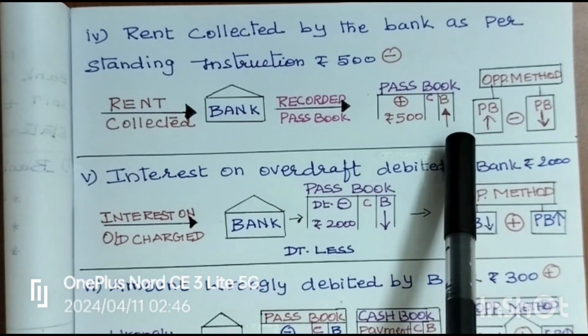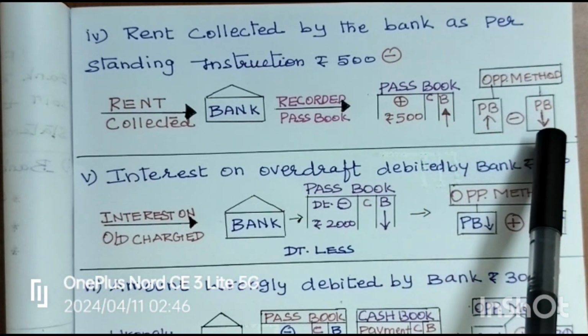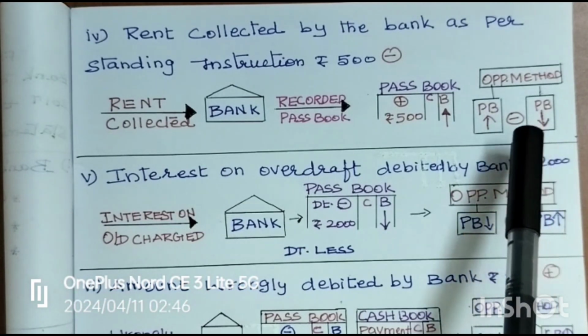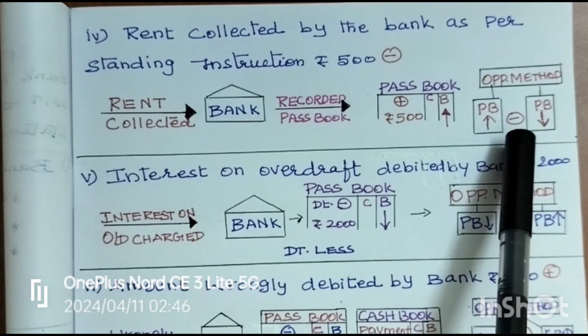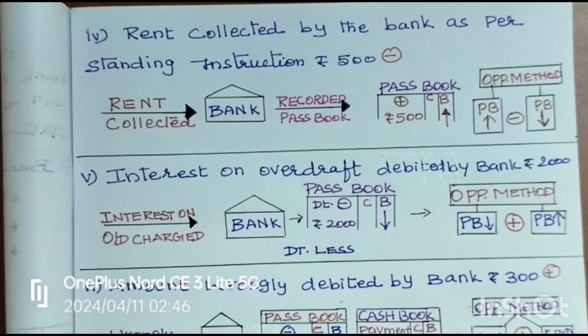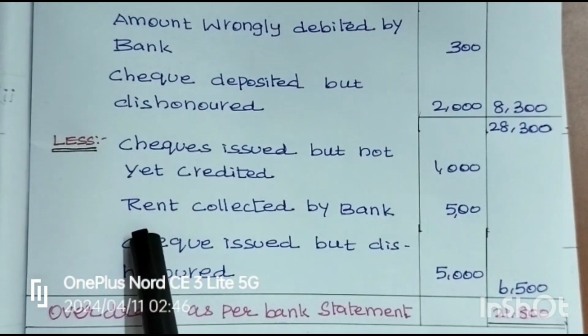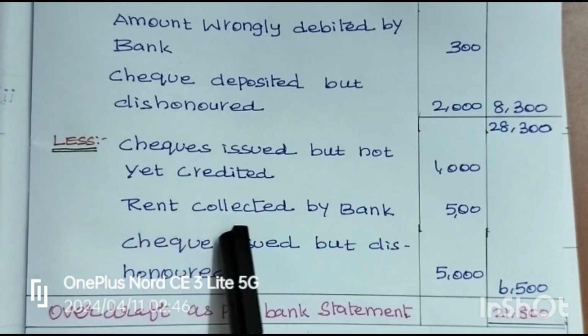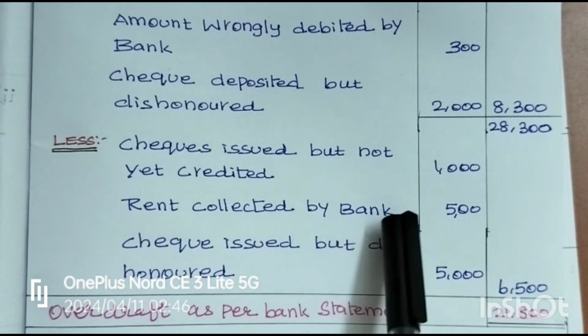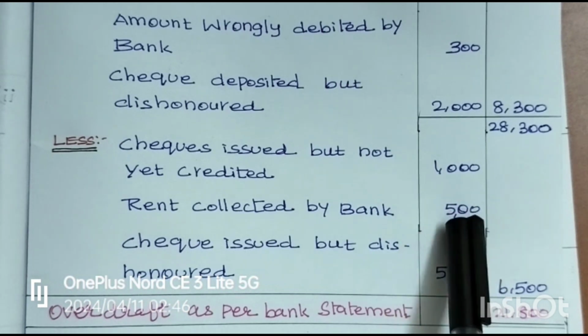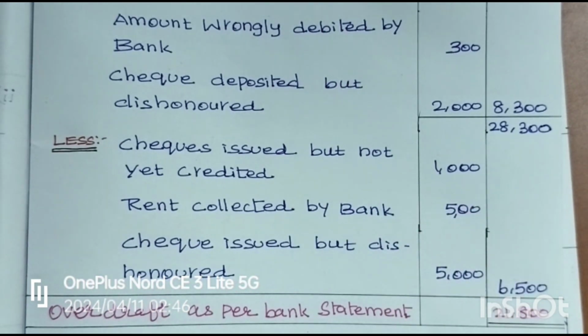Whenever your passbook increases, in opposite it will be decreased. So this transaction will be subtracted. So on less column you have to write rent collected by bank, 500 rupees is to be entered on the inner amount column. The next transaction is